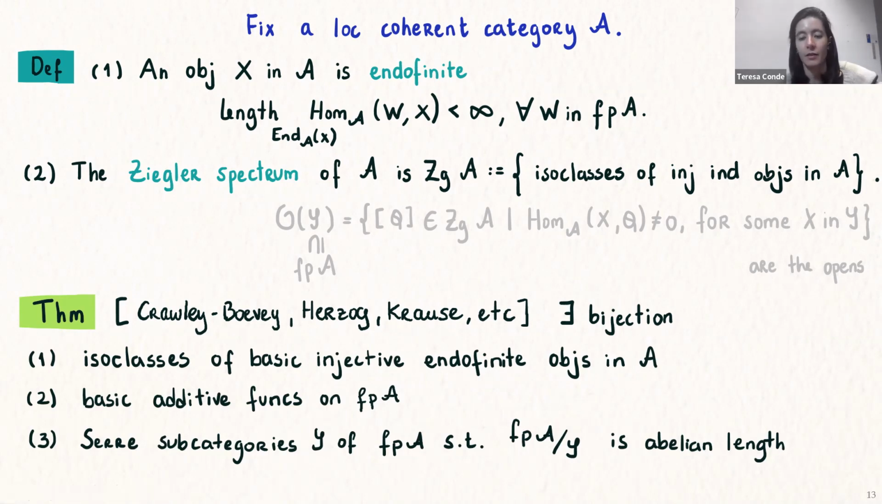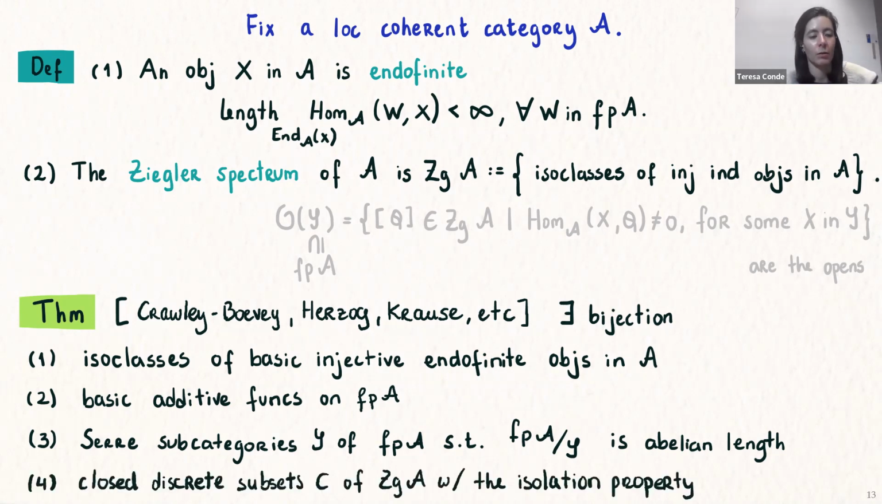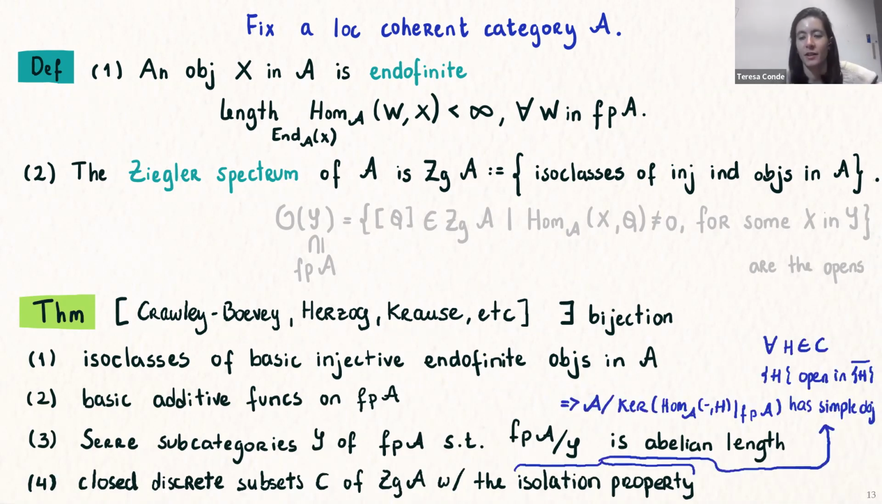And by an abelian length category, I mean an abelian category where every object has a finite composition series. And lastly, all these items are also in bijection with the closed discrete subsets of the Ziegler spectrum of A that satisfy the isolation property. So when I say closed, I mean closed for the topology I mentioned before. Discrete means they have the discrete subspace topology, and the isolation property is a strange condition which says that for every